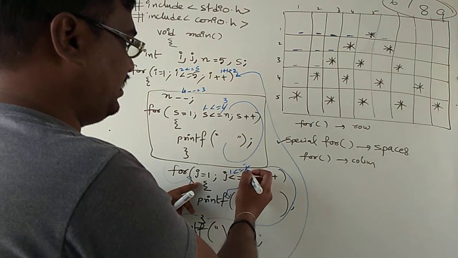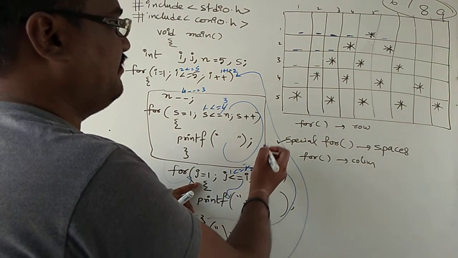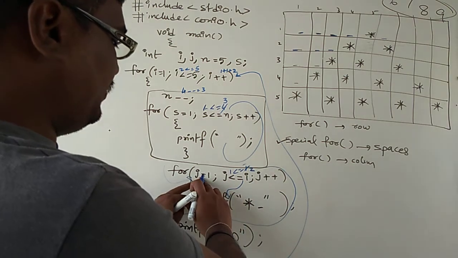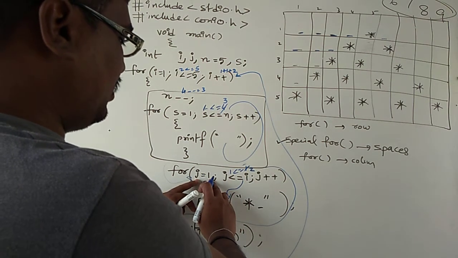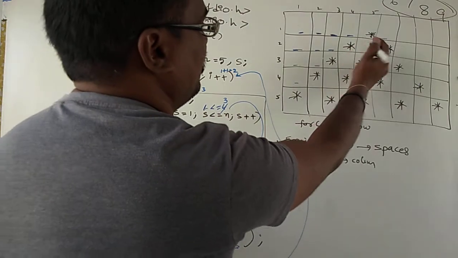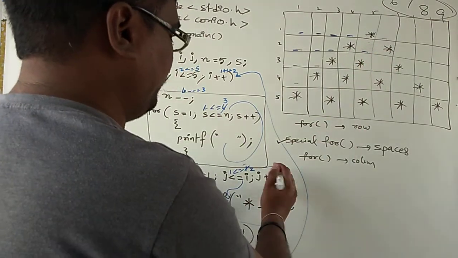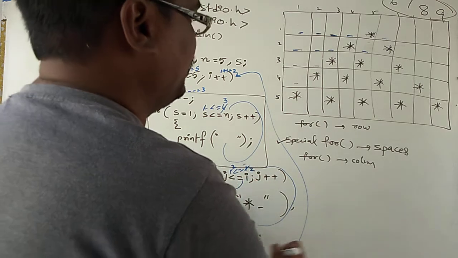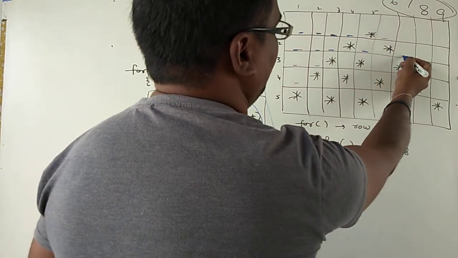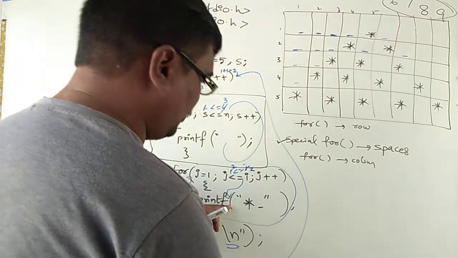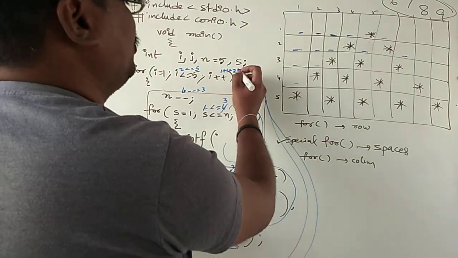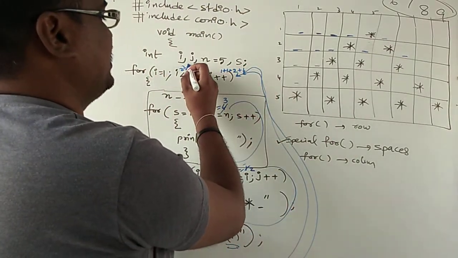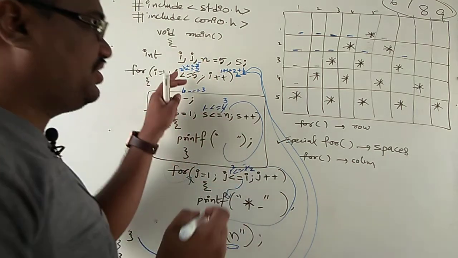The i value is modified, i value is 2. It starts from the j value 1, you display the star and space, and also j plus plus 2, 2 less than or equal to 2, condition true, display one more star and also space. The control comes back. Next 2 plus 1 is 3, 3 less than or equal to 5, the condition is